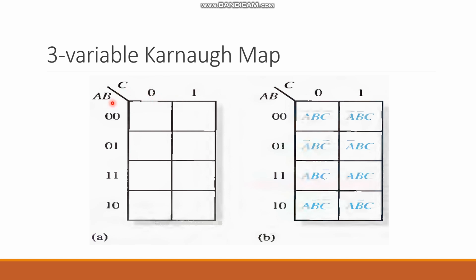However, A and B are 2 variables, and this 0 belongs to B and that 0 belongs to A. So it's going to be 00, 01, 11, 10. This is not a normal binary sequence. It's going to be called